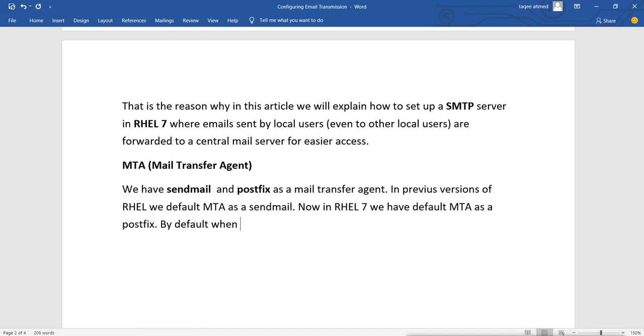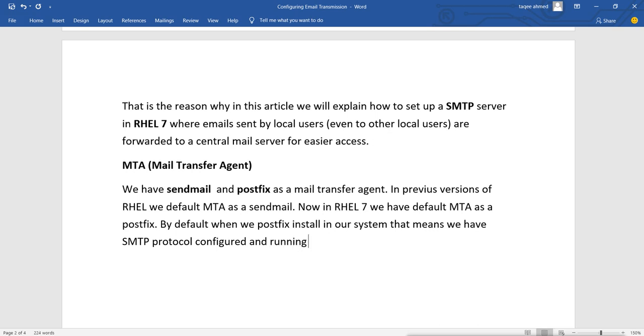When we have Postfix installed in our system, that means we have the SMTP protocol configured and running, and it is used to send system generated mails.